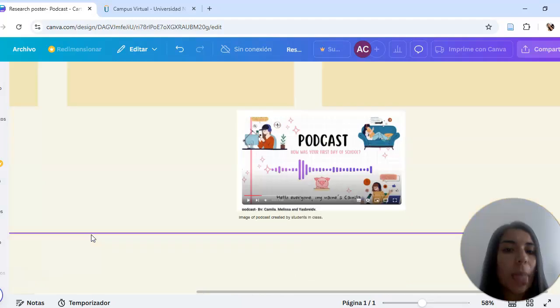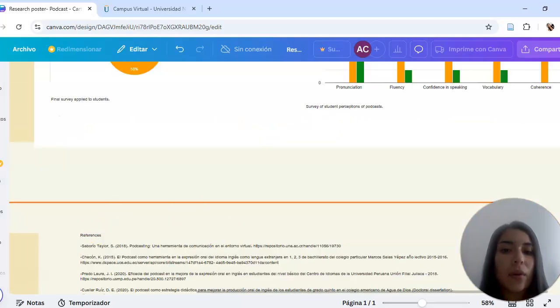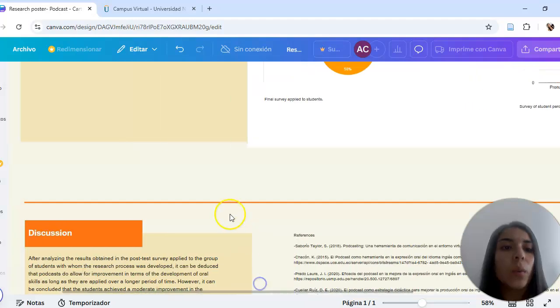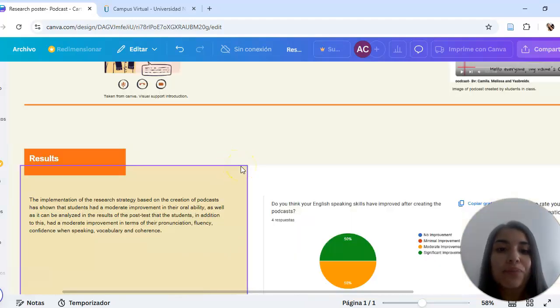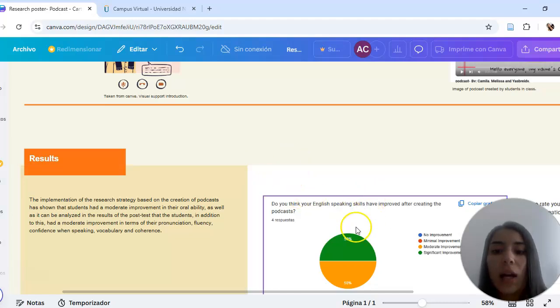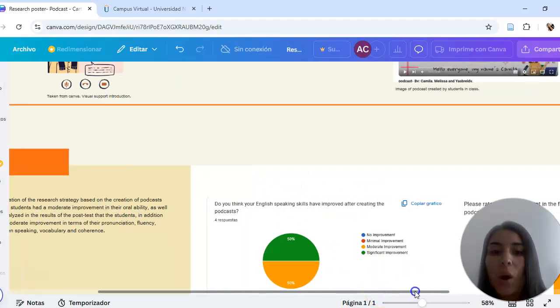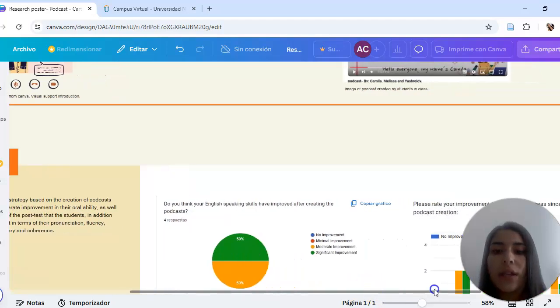In the results, this entire process allowed me to obtain the results of my research project, which I consider were favorable and significant, since it can be observed that the students had a moderate improvement in their oral skills and in other factors such as pronunciation and fluency, vocabulary, coherence, and confidence